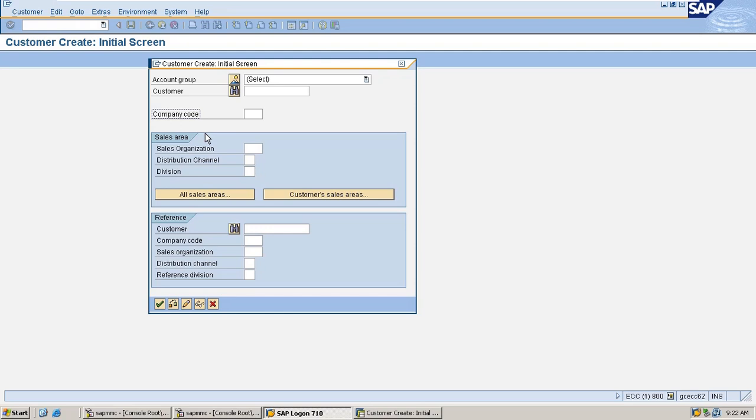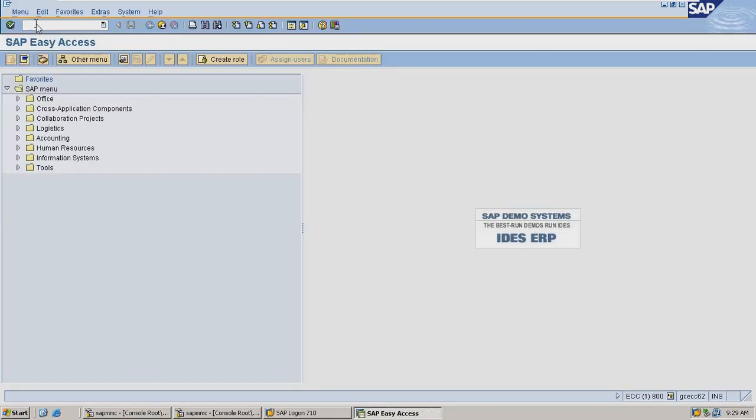Means completely we can create the customer in XD01. And if we use the transaction VD01, we can create the customer in sales area view. In the same way, if we use the transaction FD01, we can create the customer in company code view only.